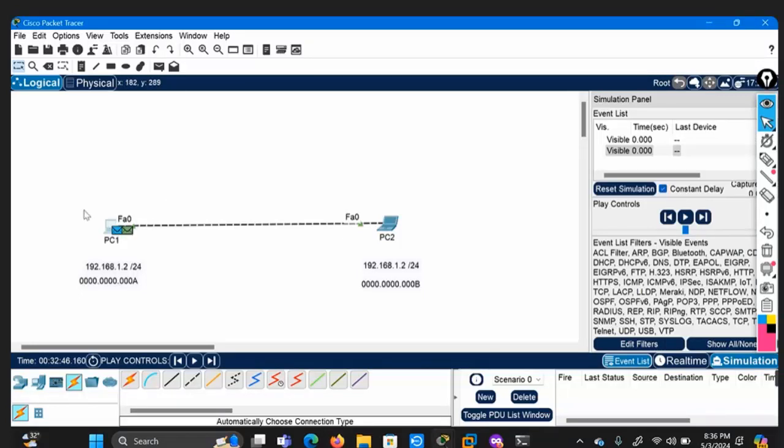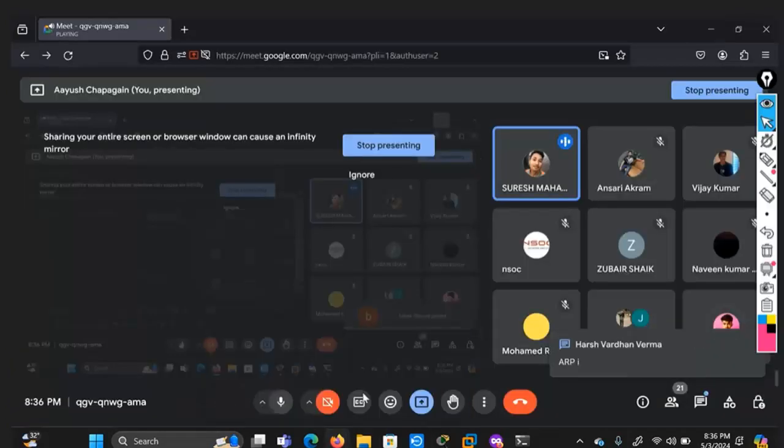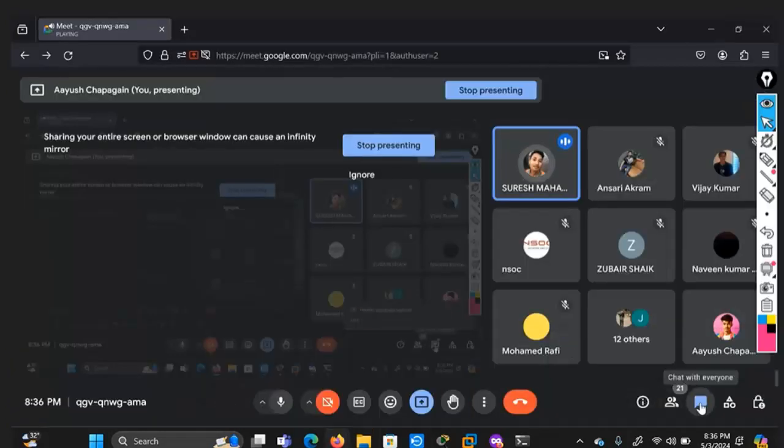There are two packets created here, right? In this topology, PC1 wants to communicate with PC2, and there are two packets, an ARP packet and an ICMP packet. In the PC1 ARP table, PC1 does not know the MAC address. So from these two packets, ARP or ICMP, which packet will move towards PC2 first? That is the question. My answer is ARP goes first.